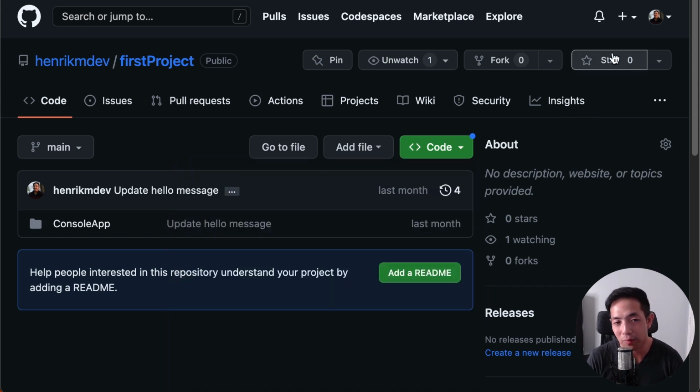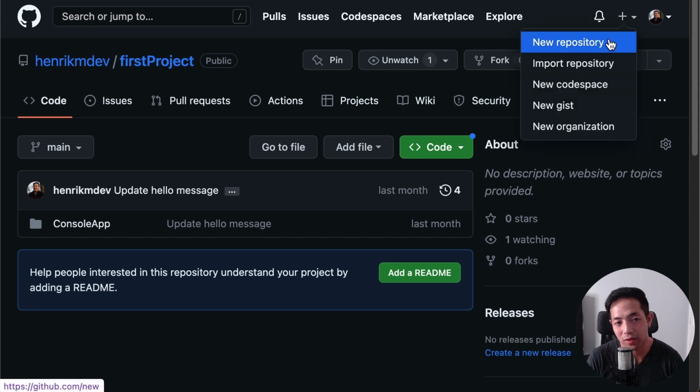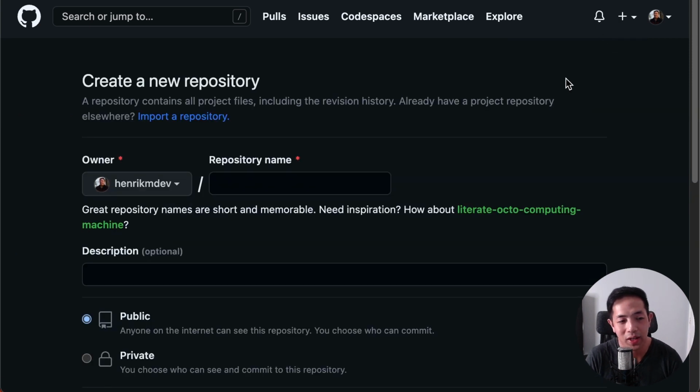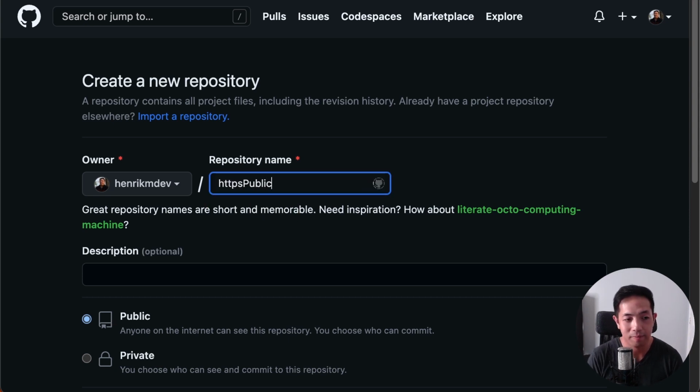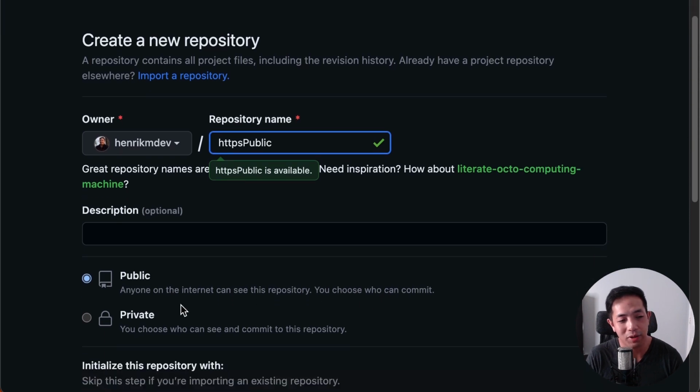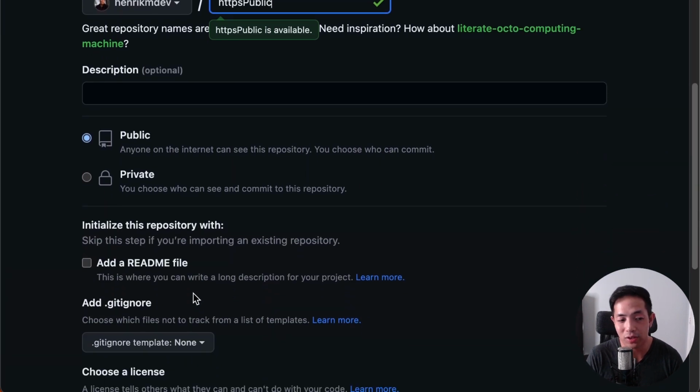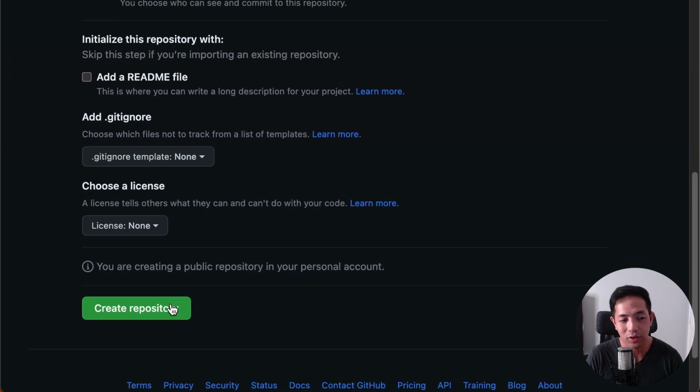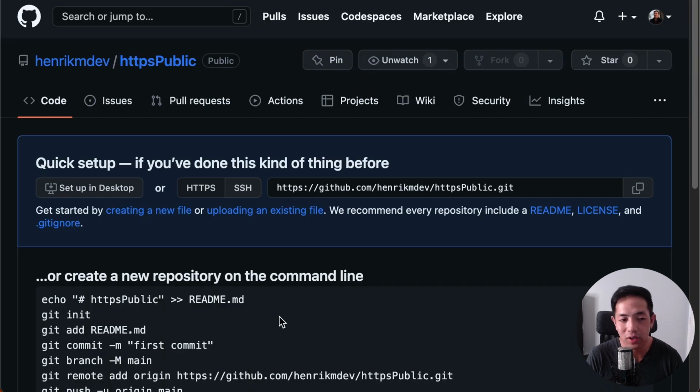First, let's create a repository. You go to New repository, you create a repository, and we'll just name this one HTTPS public. I'm naming it public because I'm going to go over the public way to do it first. What I mean by public is I'm going to make a repository that is public, that anyone on the internet can see, even you. This is the easiest way you can do a git clone. All right, now we've created it, and we're going to use this link to do the git clone. We're going to copy this link,